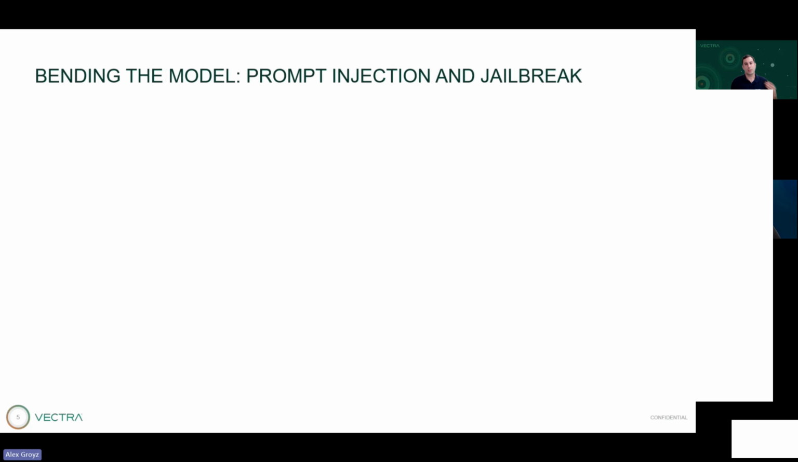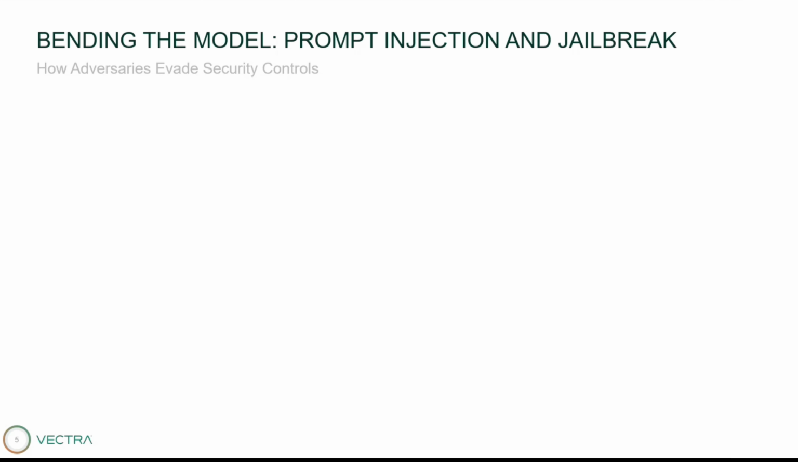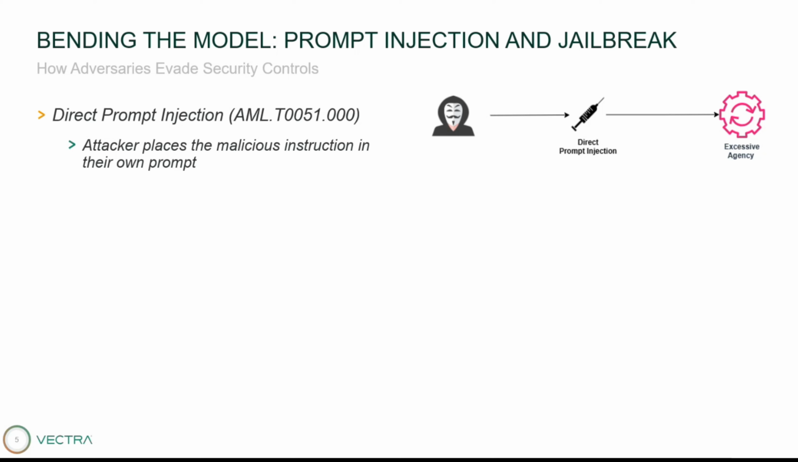So once attackers reach the model, their next goal is control. And that's whether it's a prompt injection or jailbreak. Prompt injection comes in two forms, direct and indirect. Direct prompt injection is when attackers send malicious prompts straight to the model. They control the interaction, they craft the input to manipulate the model's behavior. So for example, they might ask the model to leak internal information or bypass filters or trigger unauthorized actions, all